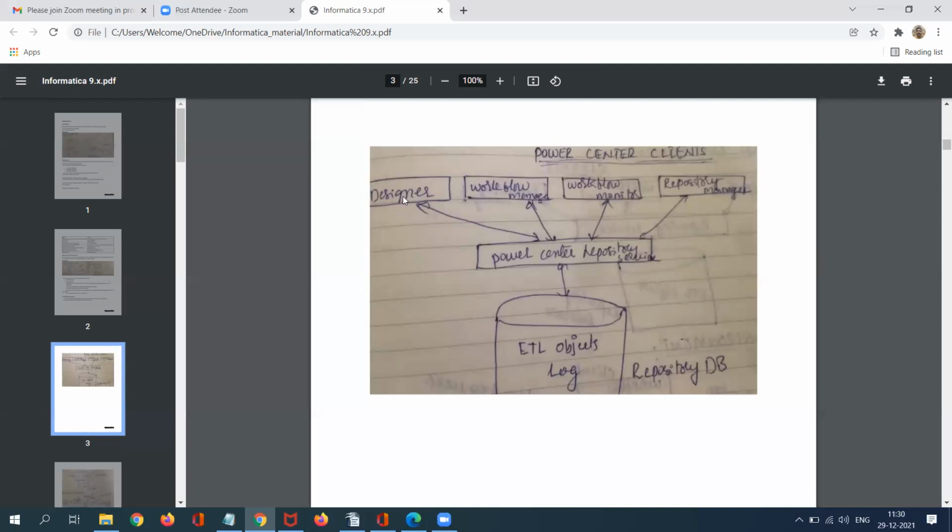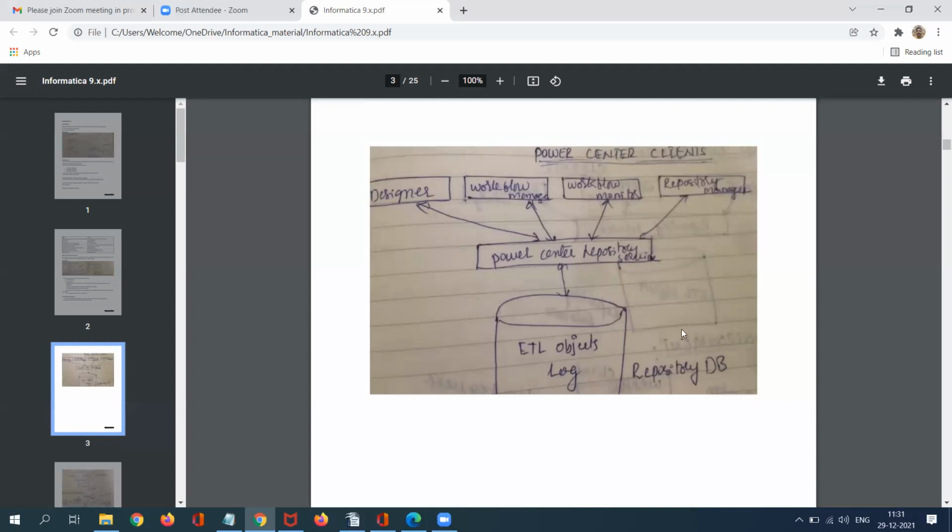Okay, coming to the Designer. Here is the major key role that we are going to use this particular Designer. In Designer, we are going to design ETL mappings with the help of source metadata, target metadata, with or without the business rules. In Workflow Manager, as I mentioned, you can go and create worklets, sessions and workflows. The 4 clients are bi-directional to your Power Center repository. With the help of the repository, all objects are saved in your repository database.